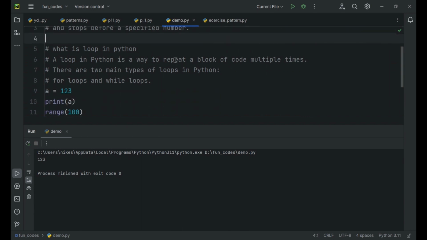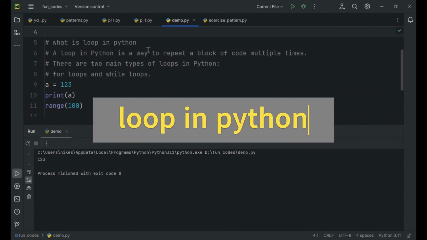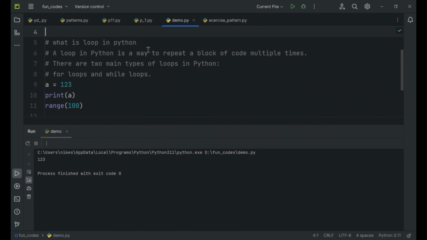Now let's see what is this loop in Python. Loop is nothing but a way to repeat a block of code multiple times until we achieve the condition. In our last video, we have seen what is function. In that, we have seen how to use that function, how to store a different kind of condition into it, and whenever we call that function, it will run according to the condition given inside it, and it will provide us the required output. Similarly in loop, we only want to call that loop, and it will run until